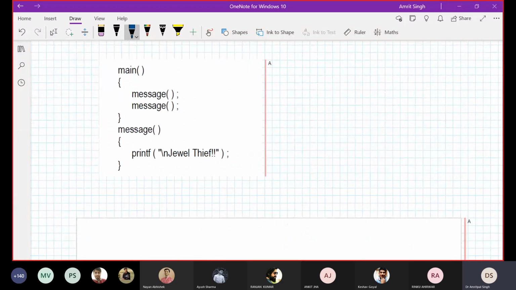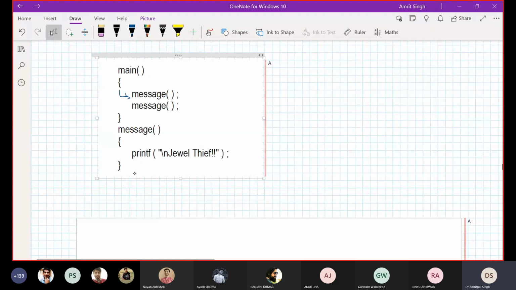What will be the output of this one? The printf will happen two times. Very good. You can call your function any number of times. The first time it is going to call here, control is transferred, and it is going to print Jewel Thief.